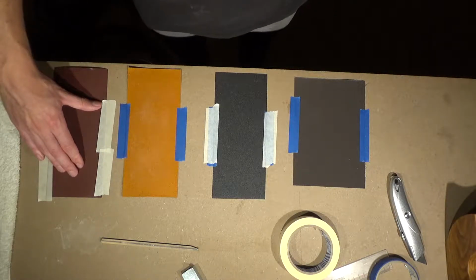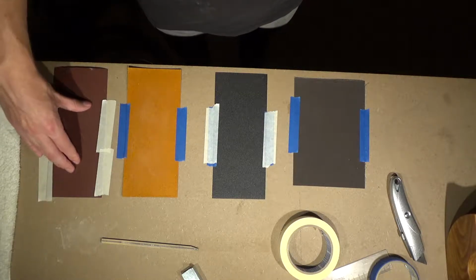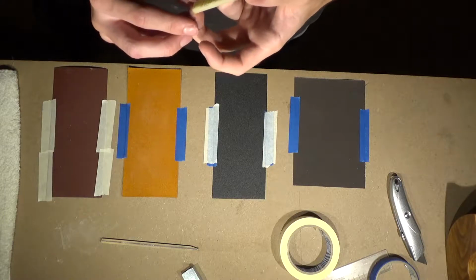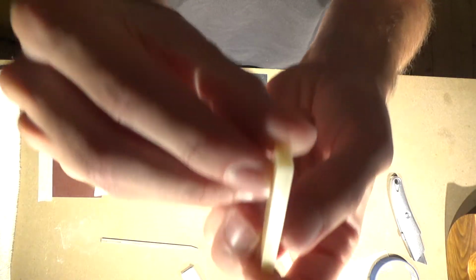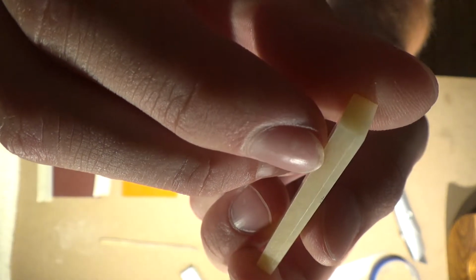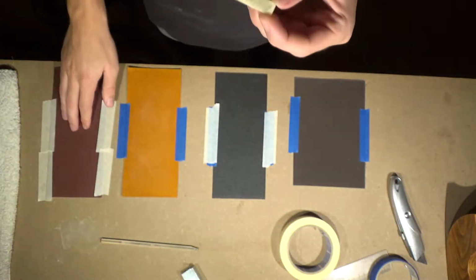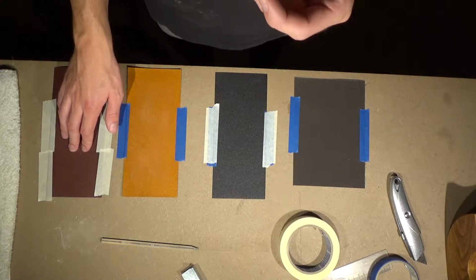And I've just found that it removes material a lot quicker than this one did, so I've moved over to this one, and it has taken off a lot of the material real quick. I'm starting to get there, and it's probably going to be very hard for you to see, but I have a very thin line left, you can kind of see the line right there, that I will have to sand out and try to get as close as possible. But this metal polishing sandpaper is working, so I'm going to continue with that